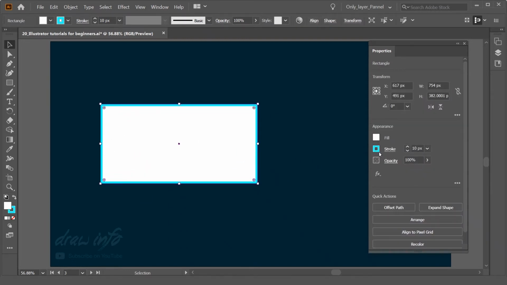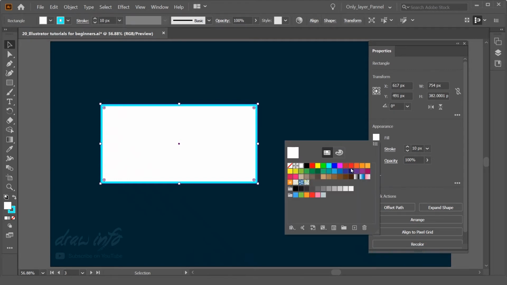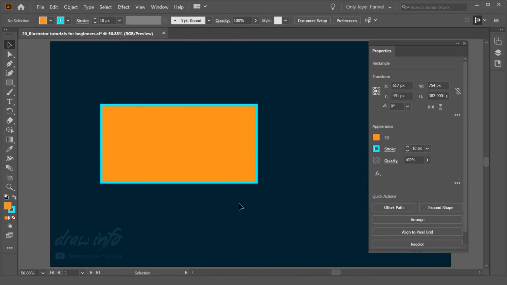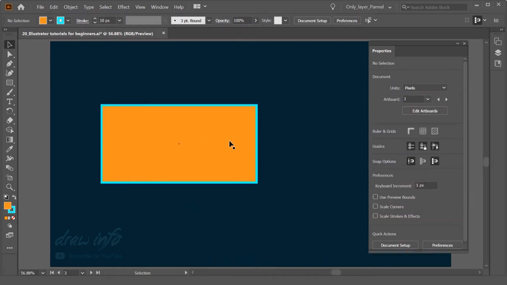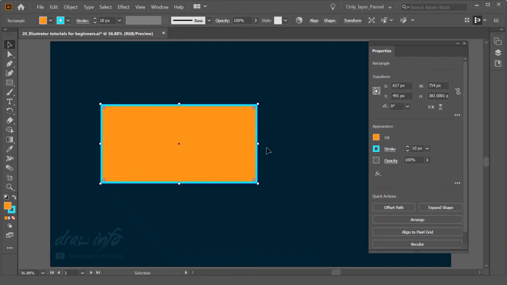Now on top of it, this is the fill color. If I double click this, you will get more options to change the fill color. Here I have a couple more colors, like I can take yellow, orange, or this lighter shade. You can change any properties of these shapes from this property panel.